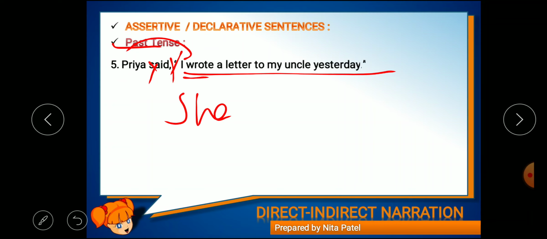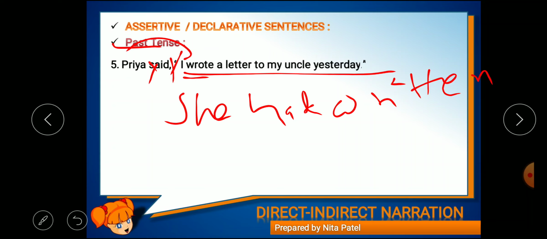She wrote, it is the past tense, V2 is used, it will convert into perfect. So she had written a letter to my. Now again my pronoun is used, so my, first person, will convert according to the subject. Now we'll have to look for the pronoun case even. So my is used, so what can we use for she?